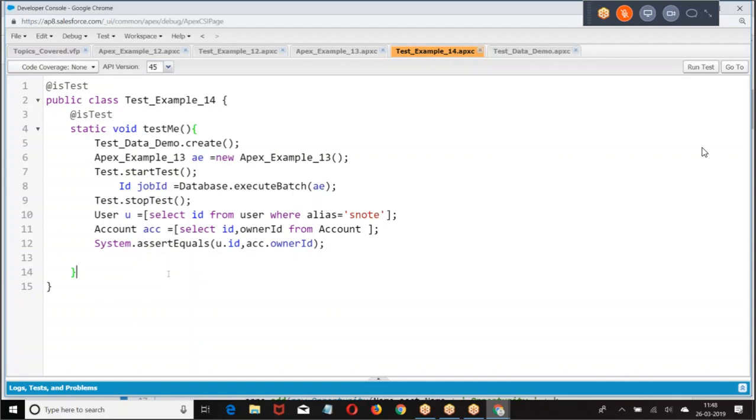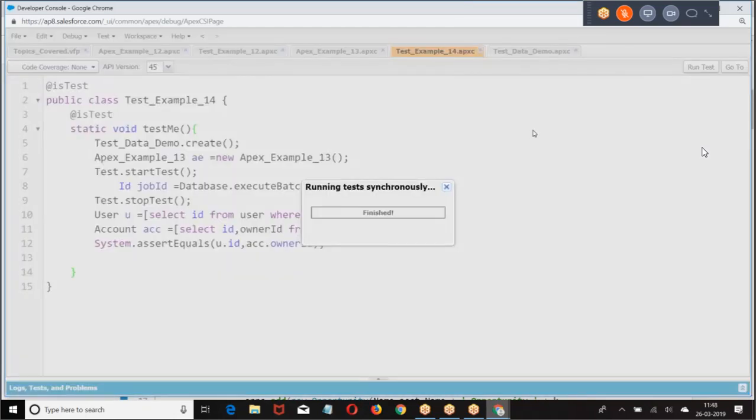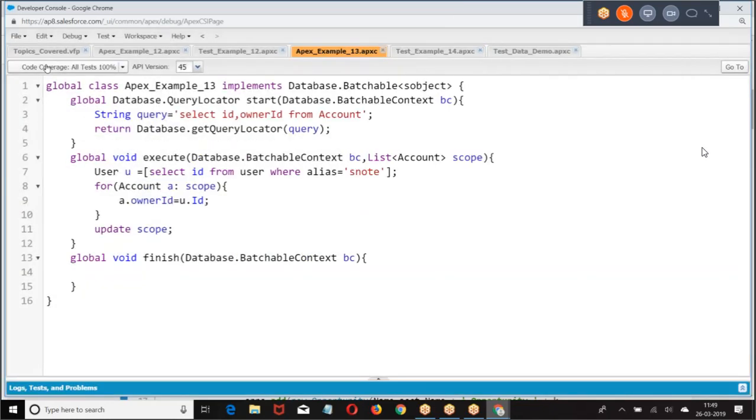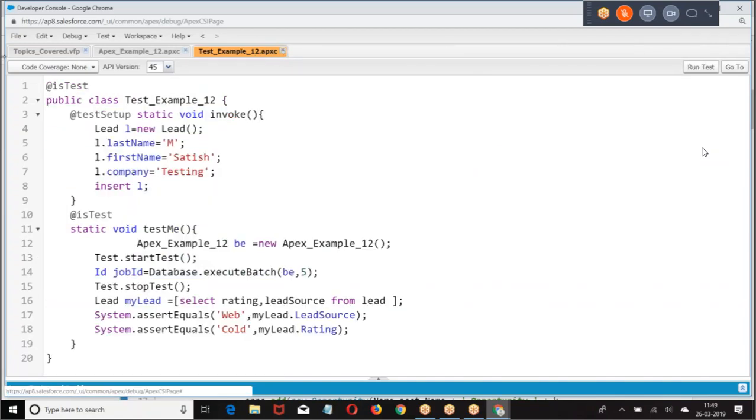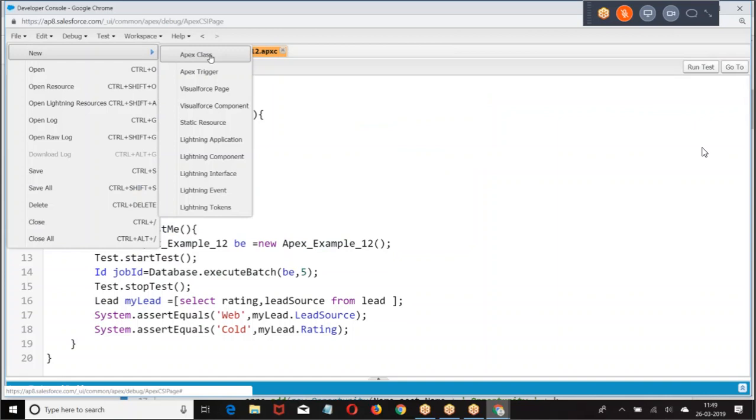Okay, let us go to the schedule Apex. How do you define the schedule Apex? Fine, write the schedule Apex. Now my schedule Apex, look at the format.